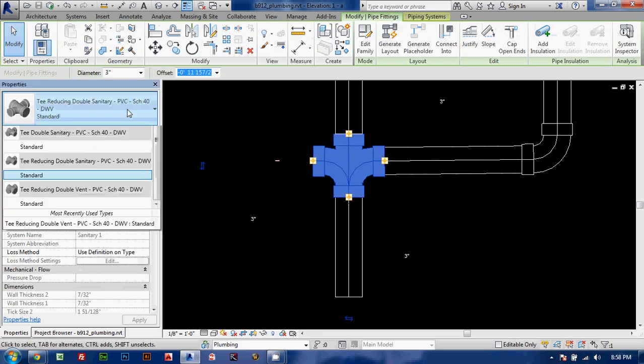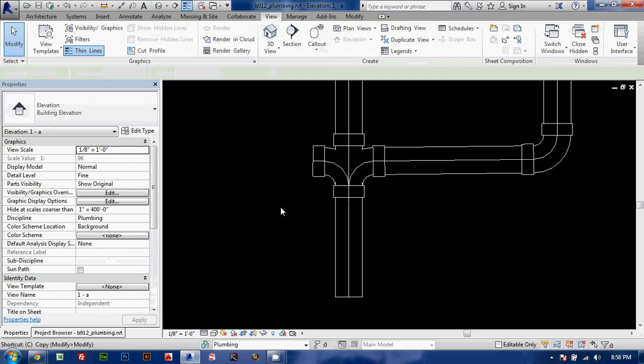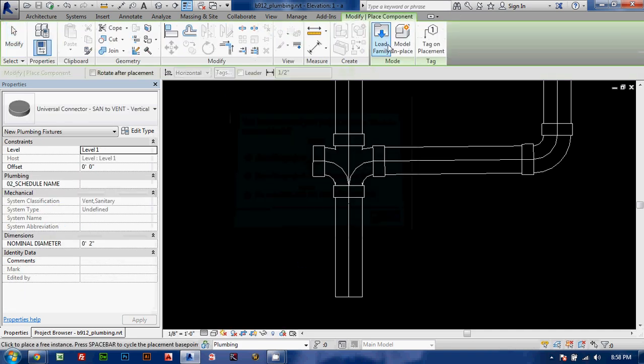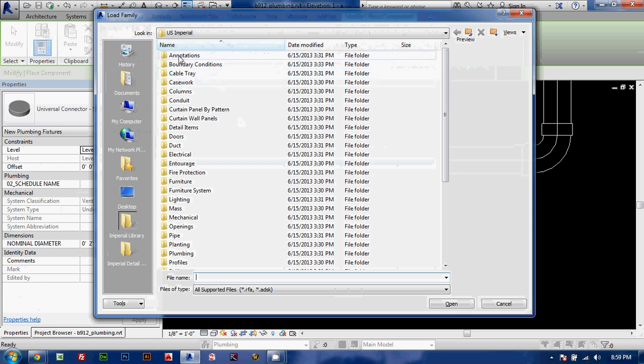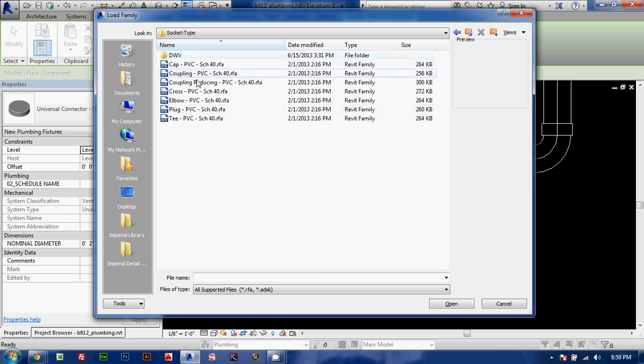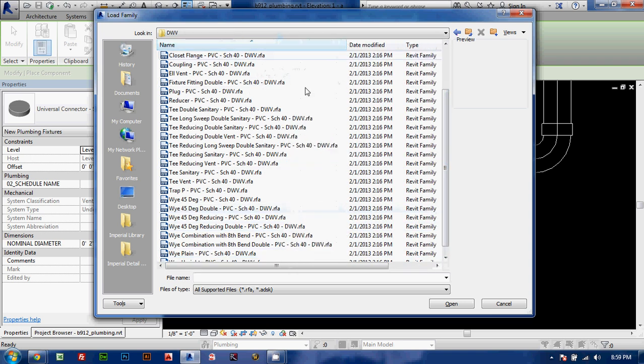What did I do wrong here? Okay, this needs to be a Y and 1/8 bend double. Let me load that. I'll load the family: pipes, fittings, PVC, schedule 40 socket type, oh, drain, waste, and vent, and then we'll go back to our, see,